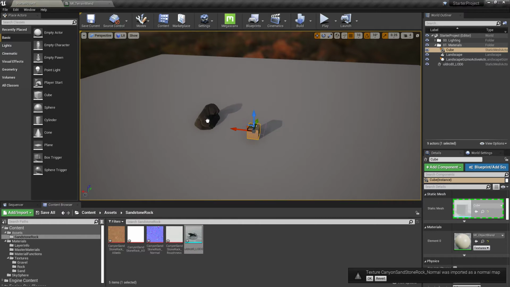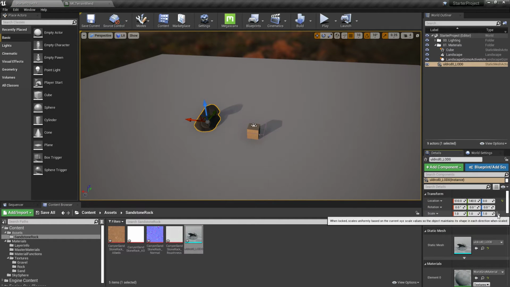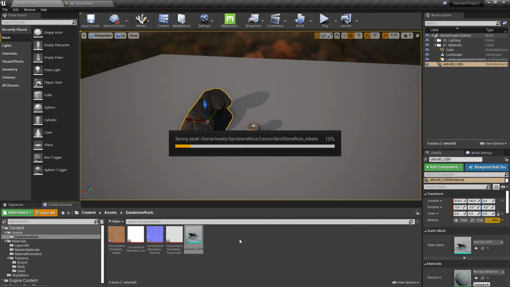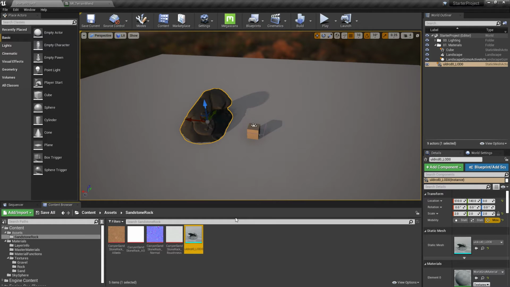So we've got the mesh, which I'll drag in here. I'm just going to scale that up a bit, just so we can see a little bit. Lock that. Scale it up to size 2. Make it movable, so we've got dynamic lighting, and save all of that. Okay, so